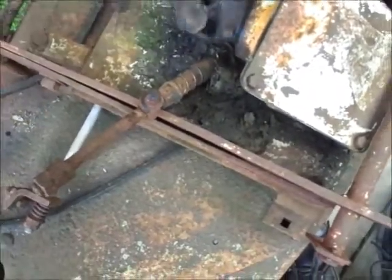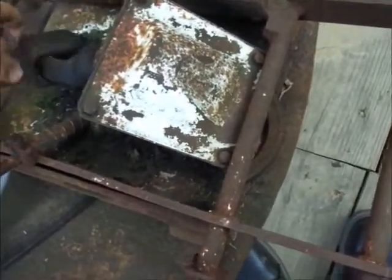Notice, spin the input round and round. Ain't nothing happening on the bottom. So I'd be interested to take this apart and see what's going on there. So I'm gonna